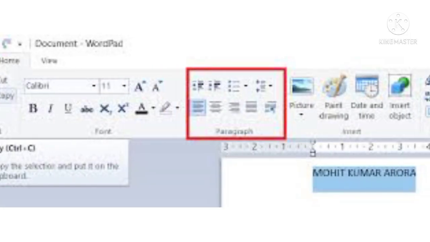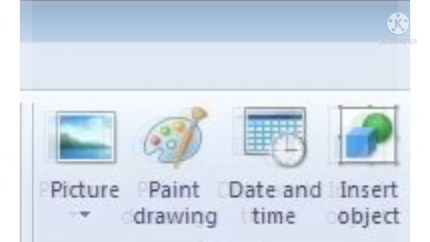Paragraph. The paragraph setting fine-tunes the layout of the current paragraph, including line spacing, indentation and alignment. Insert.